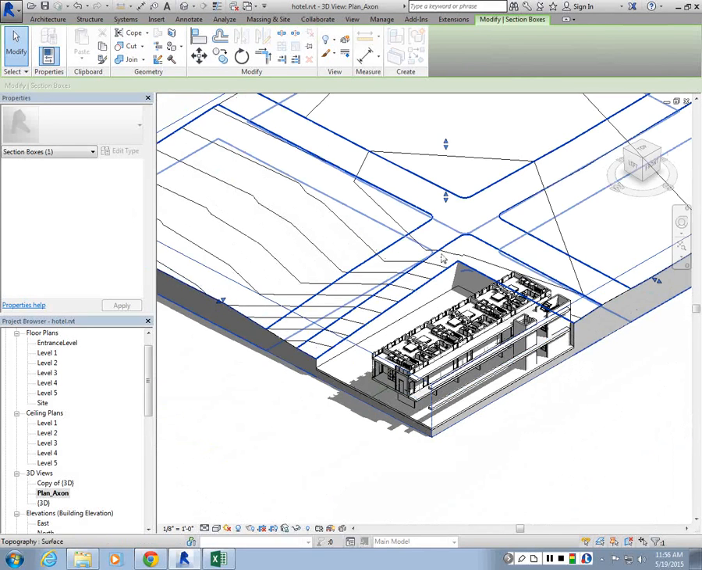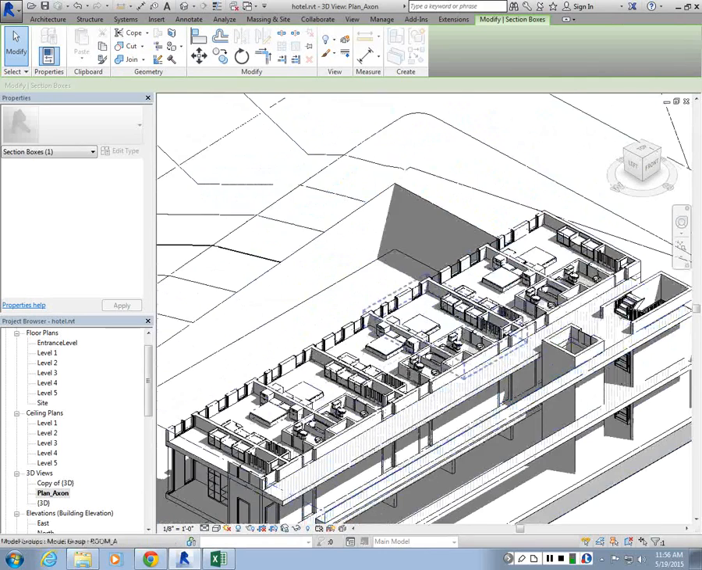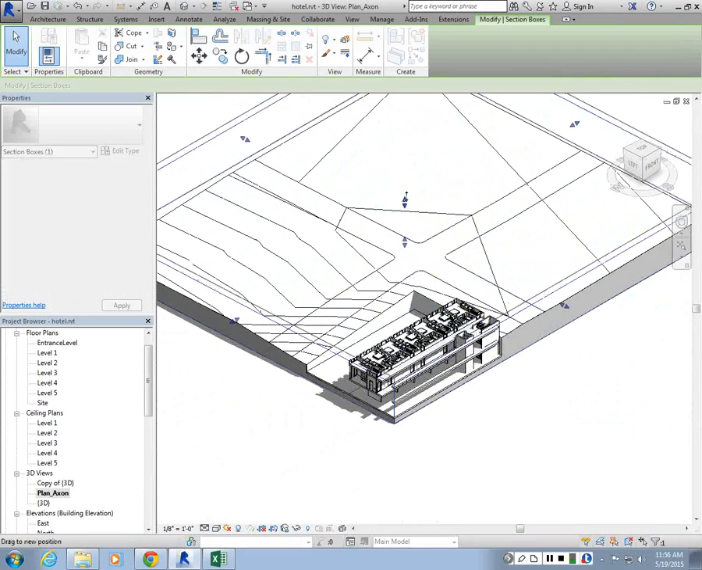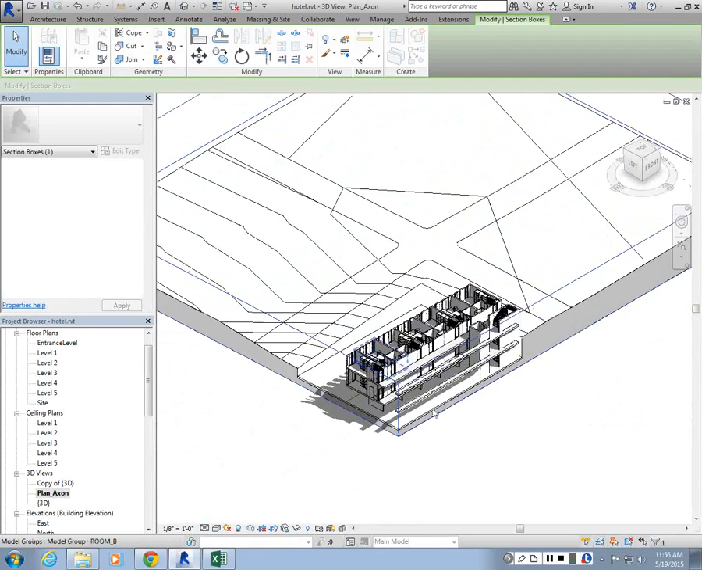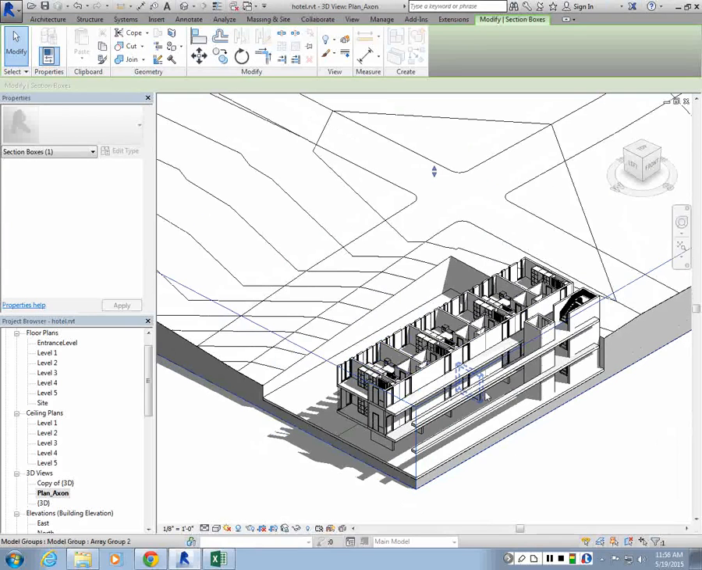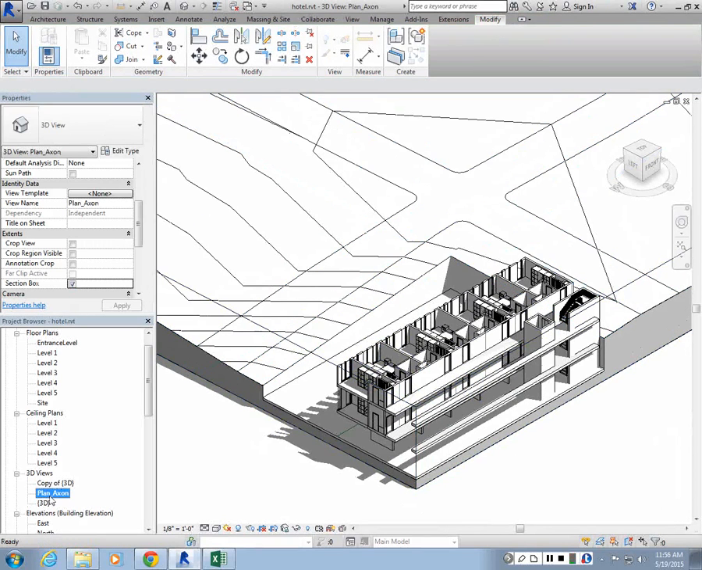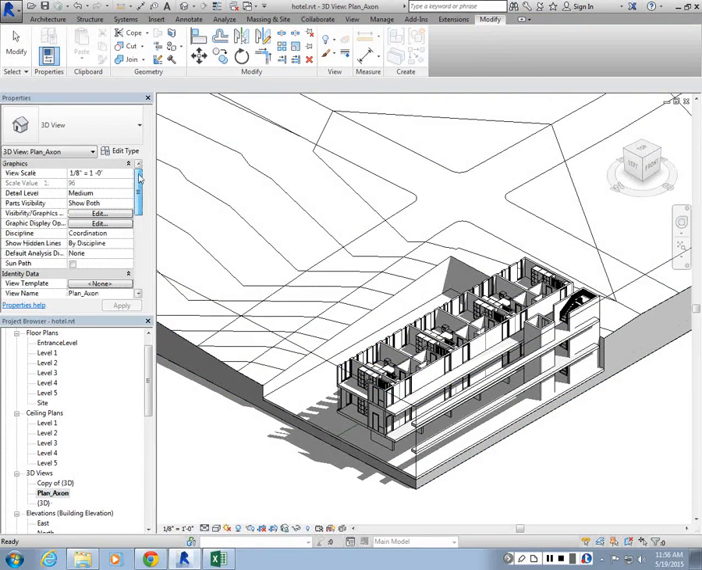So let's say I don't want to cut through the topo, but I want to cut through the plan here at this height. Well, it's a bit low. Let's make it a bit higher. Yeah, this looks good. So then what I want to do is go back to my plan axon and go to